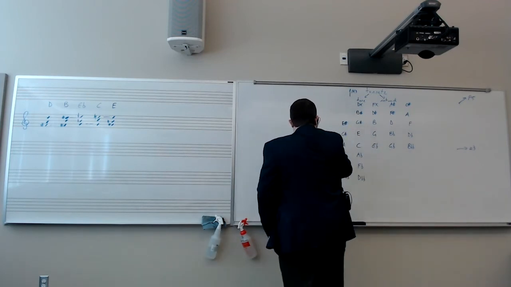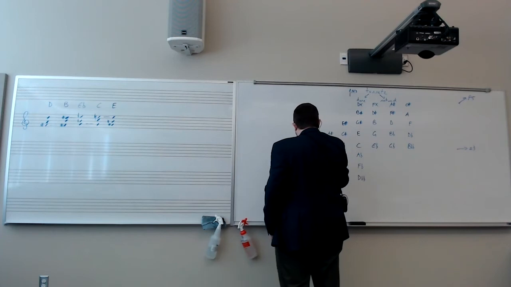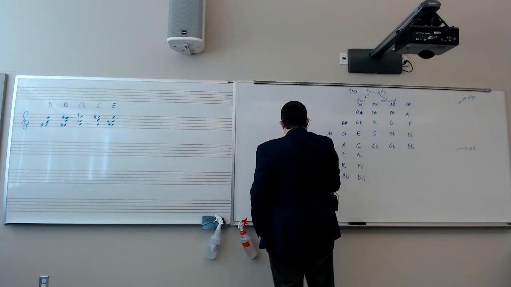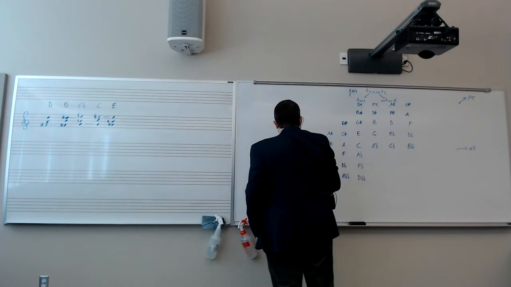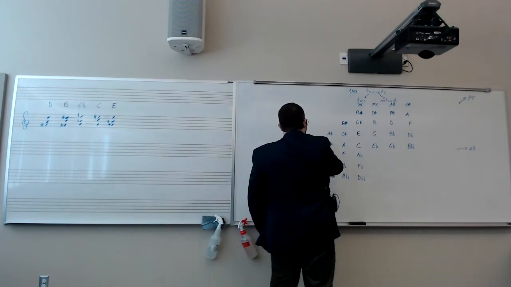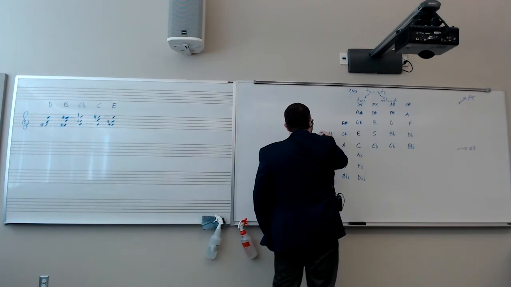F sharp, B, E, A, D sharp goes down to G sharp, goes down to C sharp. B sharp takes us to E sharp, B sharp, F double sharp,